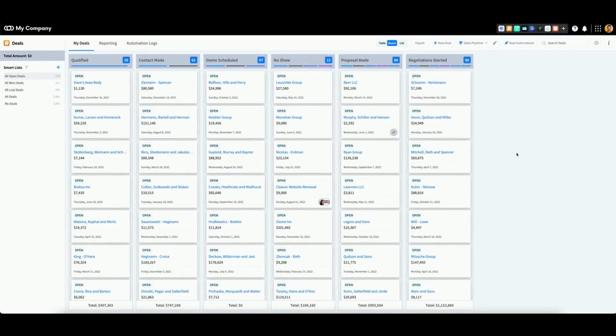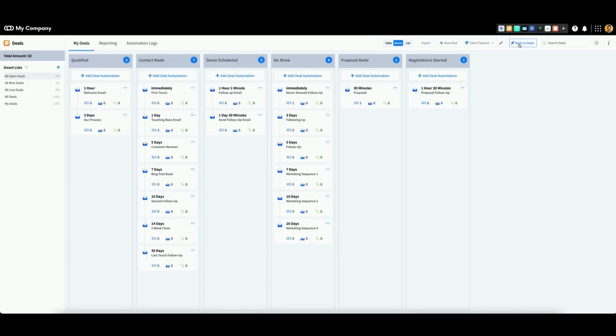To create an SMS automation, go to the top of the page and click Deal Automations. Your current sales pipeline view will update to remove your deals and show only the existing deal automation. If you have yet to create an automation, this page should be empty along with a 0 at the top